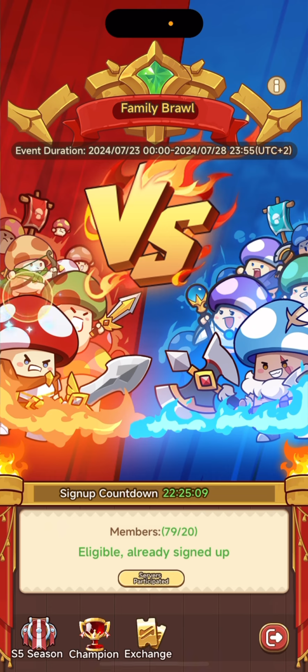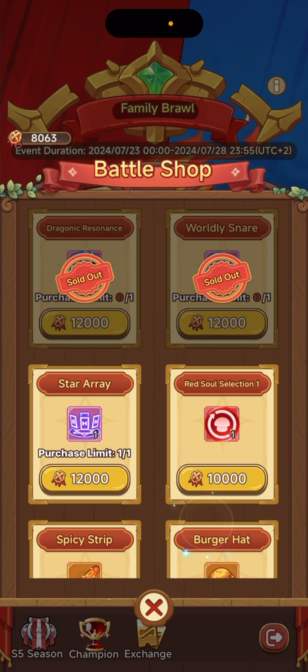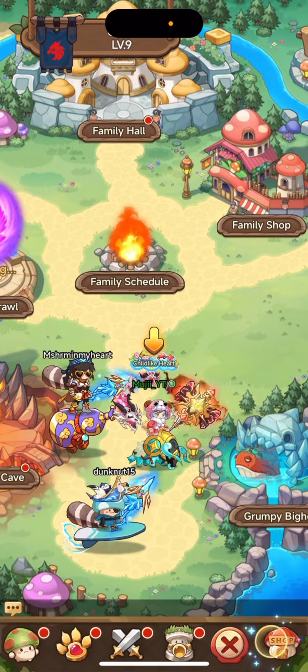So if you go to your family here, you go to family brawl, you can actually get a soul selection 1 here, where you can choose yourself. So when you should get 10,000, it's actually really good. Though first I would go for your skill first. I think that's the best idea, to go for your skill first and then get a red one